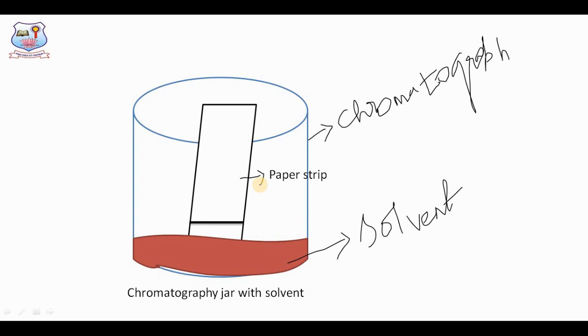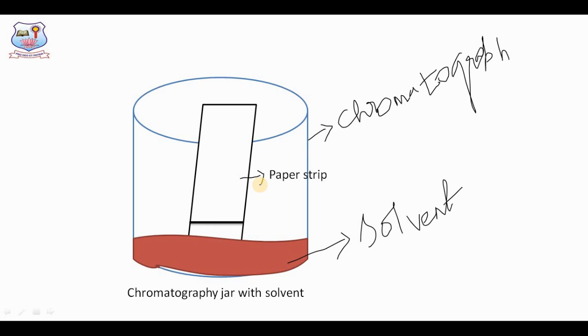So in paper chromatography, we need to saturate the chromatograph. So what is meant by saturation? Before starting this experimental procedure, about 12 hours or 15 hours before, what we have to do is, the jar is